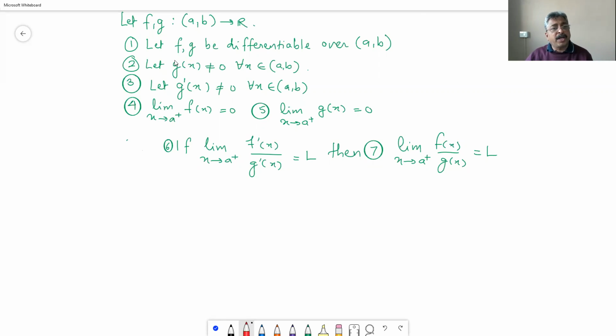Everything is available for f and g in the prerequisites over here. However, the entire theorem talks about open interval a comma b, and Cauchy's requirement is the function must be continuous in closed interval a comma b. Now, when x tends to a plus, f of x tends to 0. When x tends to a plus, g of x also tends to 0. And we don't have any alternative but to use Cauchy's. Therefore, the first thing that we need to do in the proof,